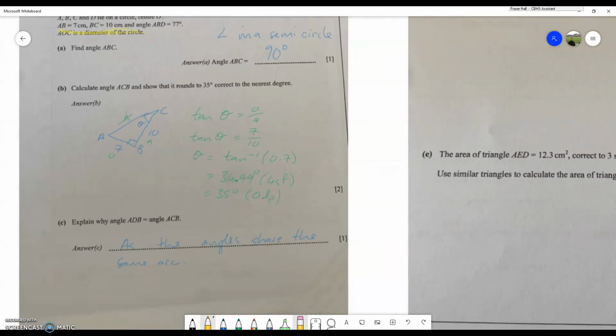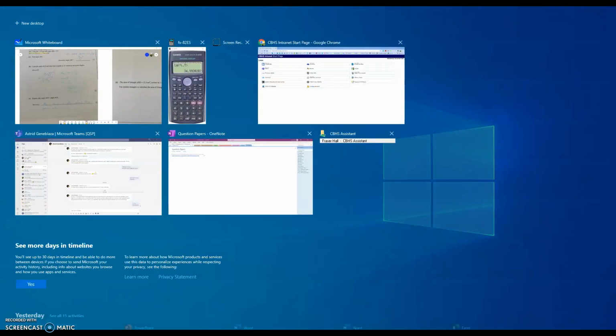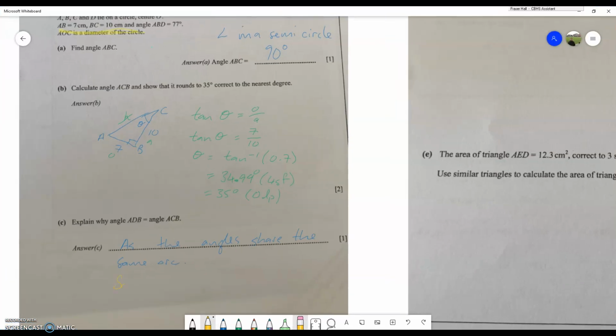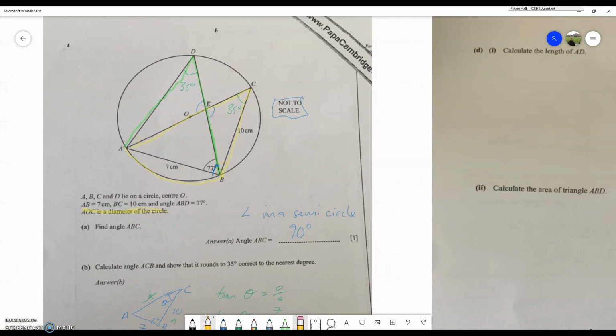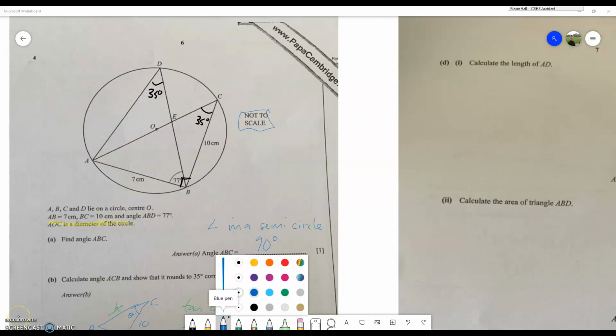But it wouldn't hurt to say so they are similar triangles, just to cover yourself as well. So I'll just pause this to tidy it up before moving on to the next question. Okay, so part